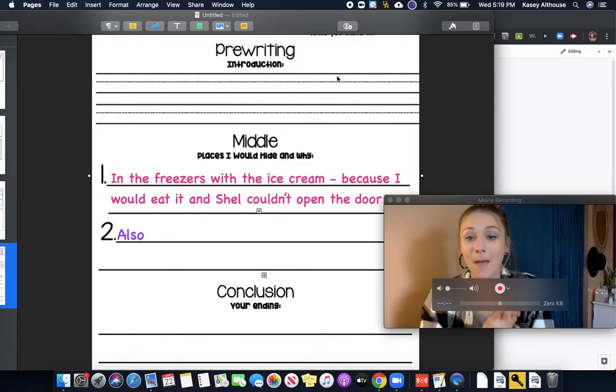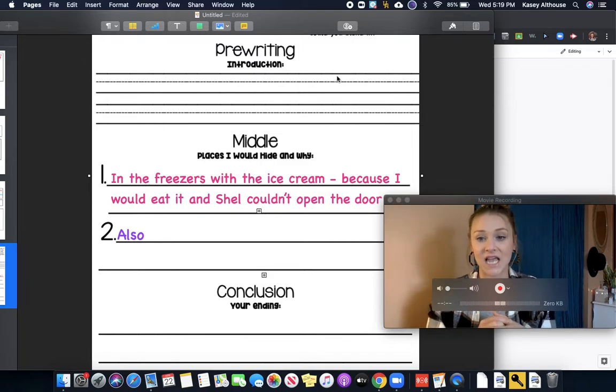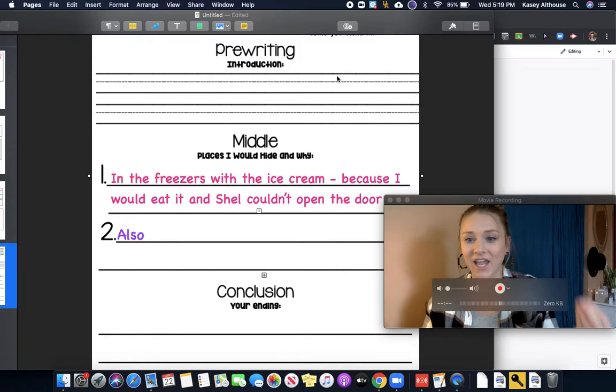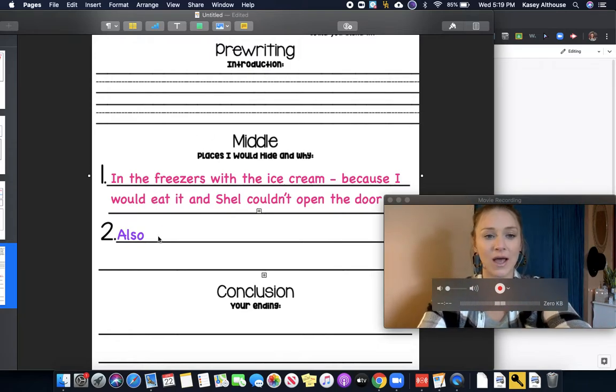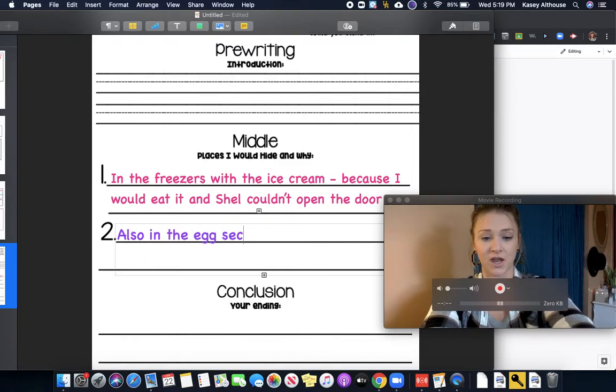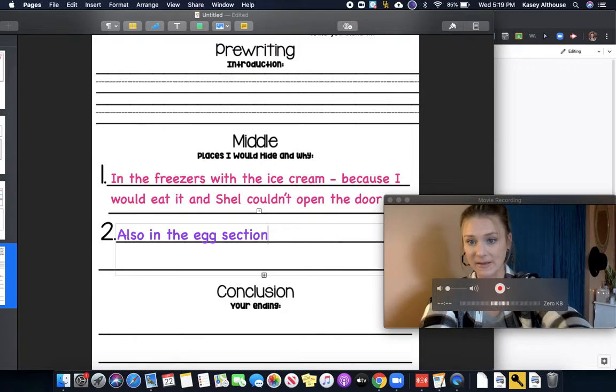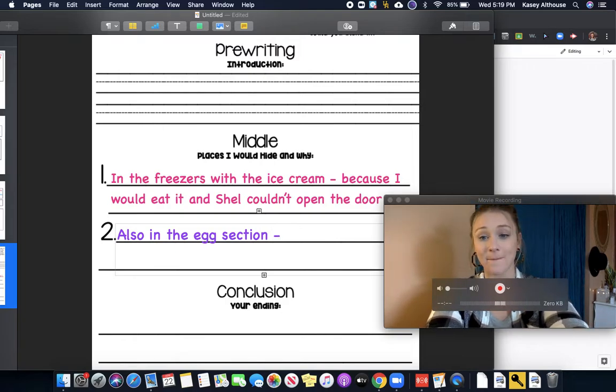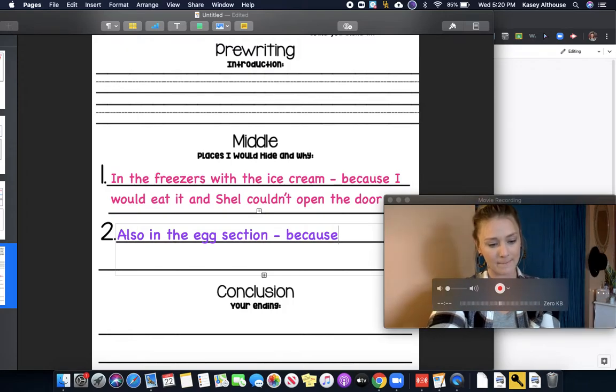Okay, so my second thing is I would hide with the other eggs, so in the egg carton area. Okay, so I'm going to say I would also, remember, I don't have to write incomplete sentences right now. Also in the egg section. Okay, so there's my place I would hide. Then I'm going to say that magic word because and give my reason why. Because,